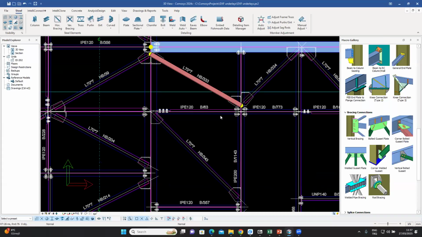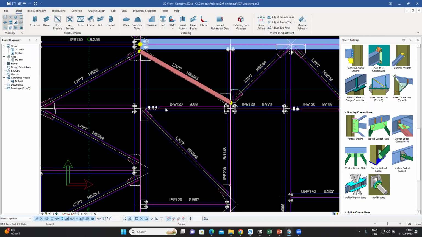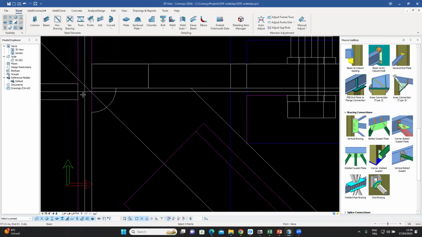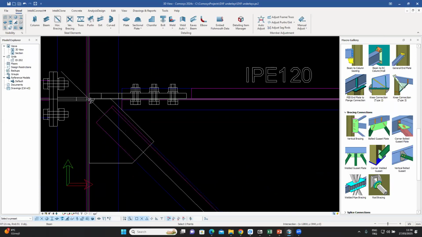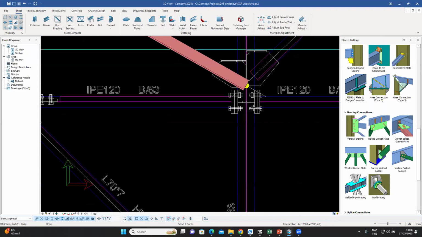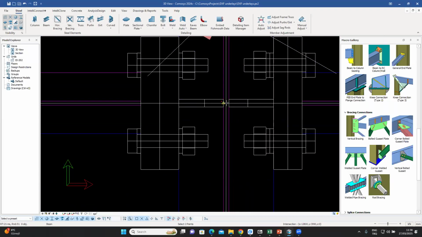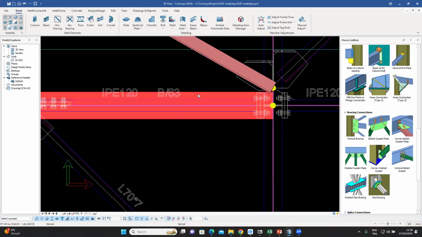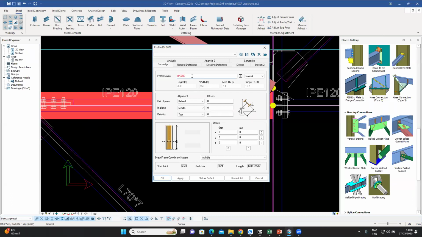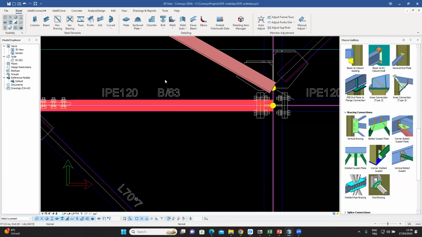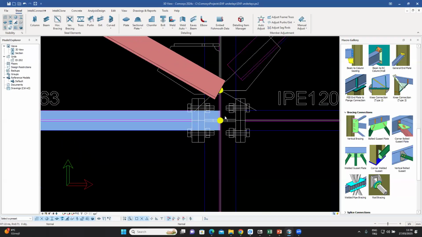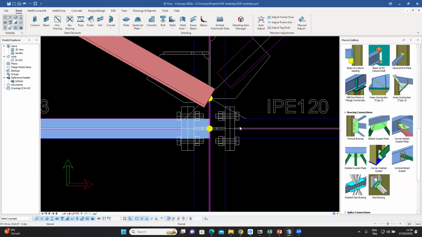Now I'll just show you a few other things. Let me go and enter this IPE 120 beam as well, just to talk about a few things which are important. Let me go into that working point, come back over here, go and zoom in over there. This one was an IPE 120, so I'll just double click on that and convert it into an IPE 120. So very easily, I'm now moving over to the points. Now, these endpoints, as you can see, are yellow. This is nothing to do with the topic at hand, but just a general comment, which is useful whenever you're entering